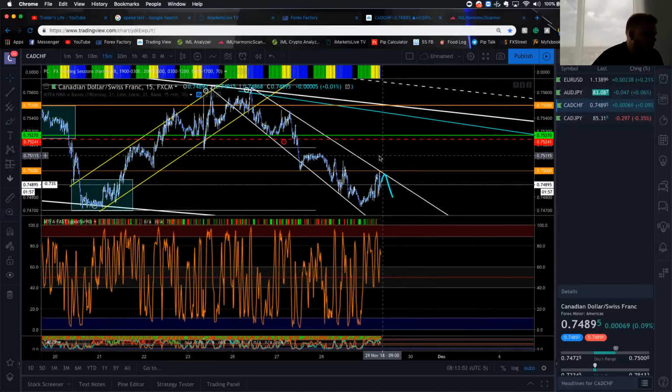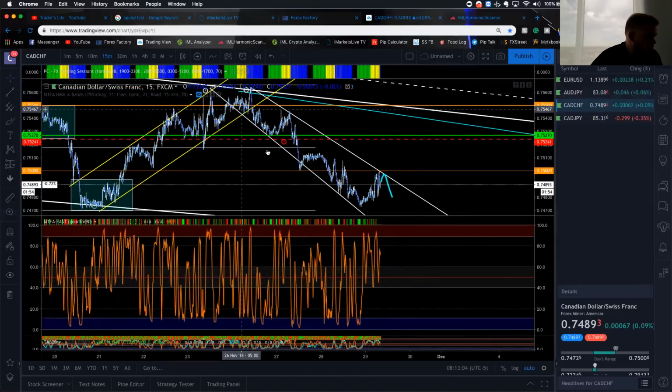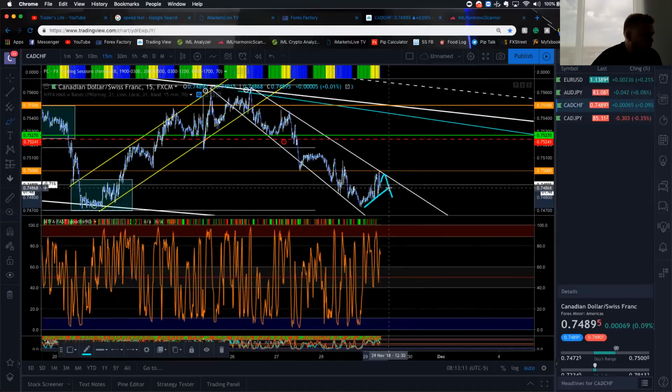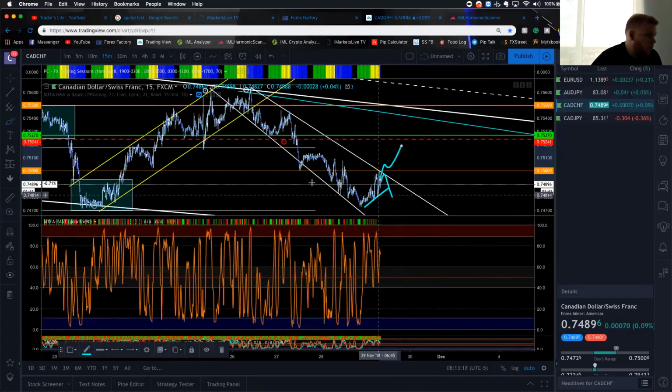Or honestly, guys, one thing I'd say after it's gone in this big downtrend, what I really think is going to happen, you see how this is starting to form an uptrend? Like this is starting to form an uptrend right here. So I might see this thing break up and give us one of these and then start an upward momentum move, kind of how it went. You see how it went down, up. But